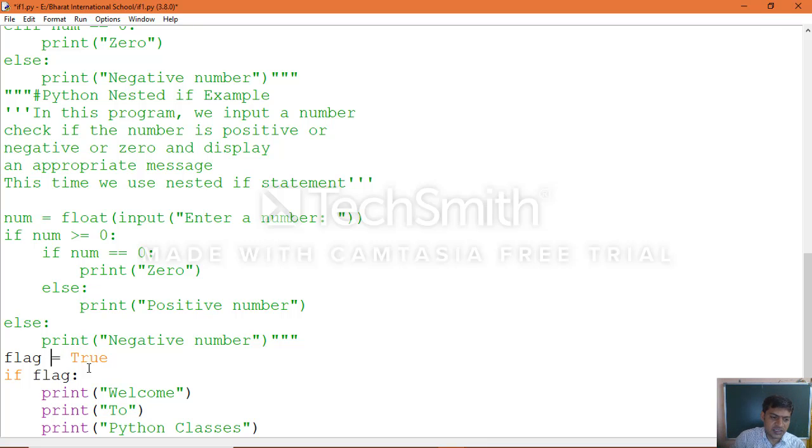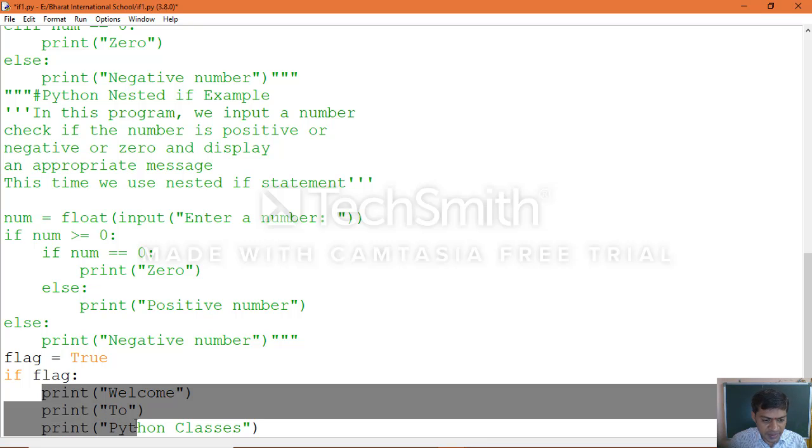Now we are checking the condition: if flag. You can check here again with double equal to true, or directly like this, which you can do when it comes to boolean values. If flag, and the colon must be there because if is a block. We wrote print statements at the same indentation level.